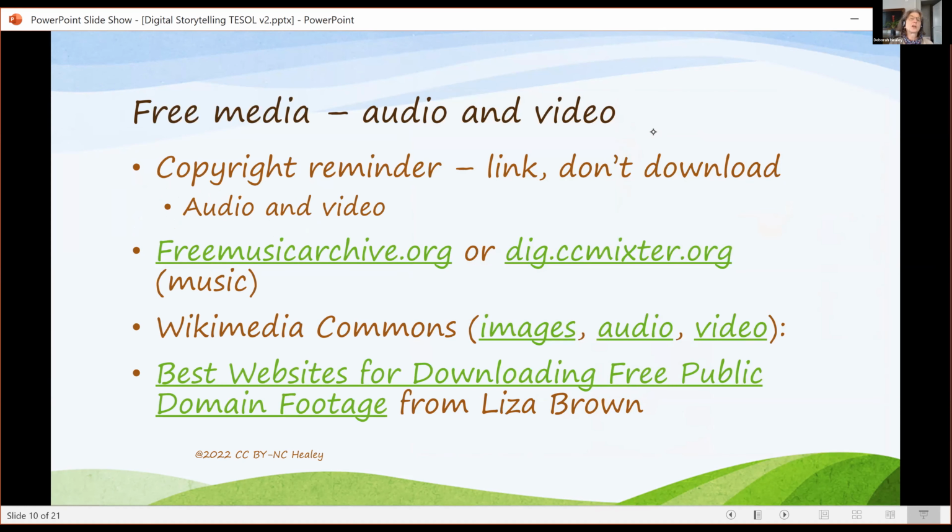Audio and video are harder. Teachers often use the term fair use. Well, that works sort of with text. With audio and video, there is no fair use for downloaded audio and video. You cannot download audio and video. You can link to it, but you can't download it in most audio and video, unless it comes from a